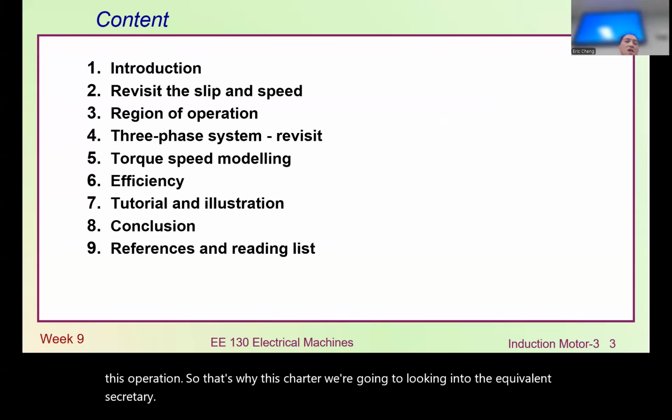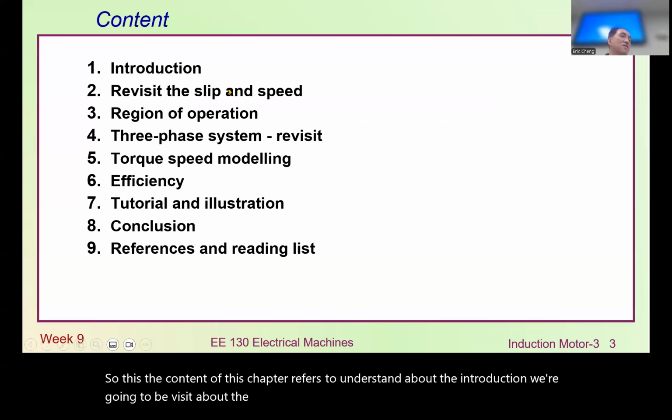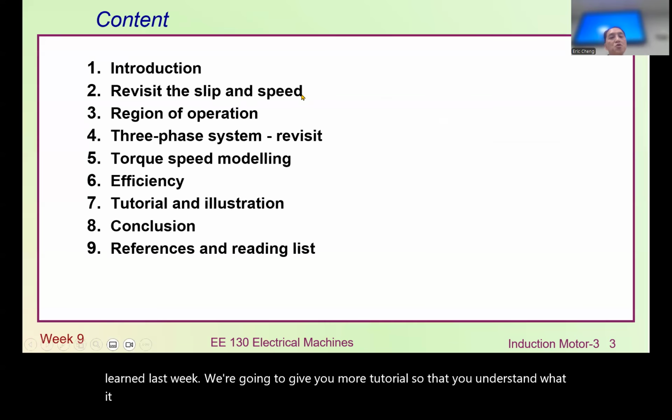So the content of this chapter: we first understand the introduction. We're going to revisit the slip and the speed, which is related to what we learned last week. We're going to give you more tutorial so that you understand and it will help you to work out homework 3 too. And then we understand some region of operation. So this region of operation,